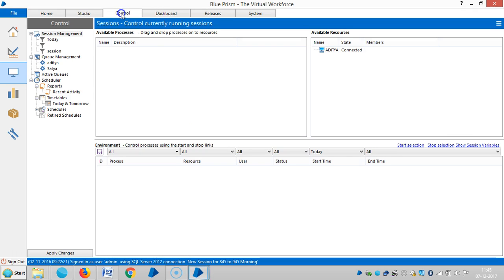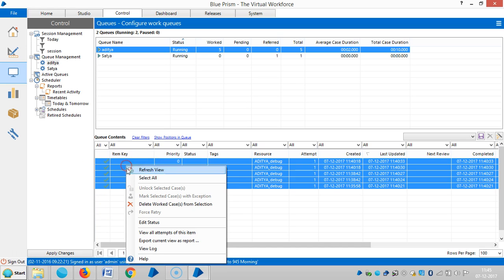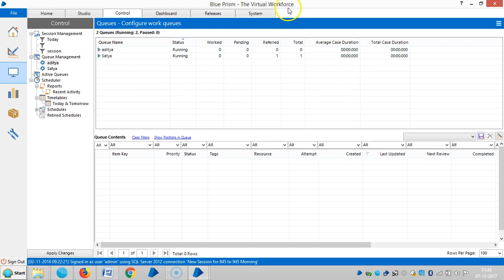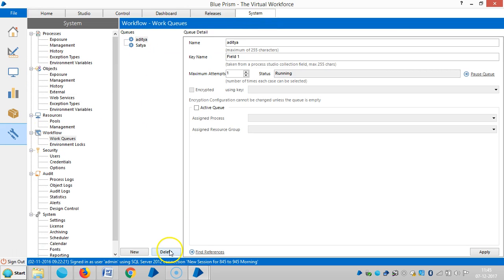then refresh it. It's done. And then we can select all cases and then delete. Go to the System tab, and here you can delete it. It's the second way. And the third one is, let me create a queue here, new,